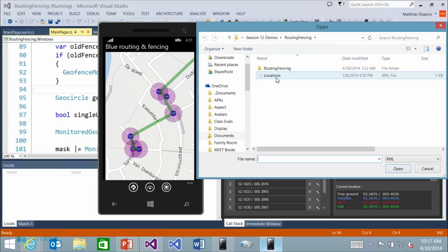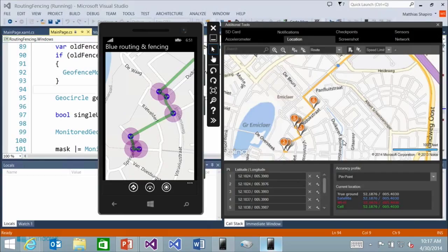We could set a route up inside of our emulator, save it out, and then replay it, using that route in a car at the speed limit, or walking or biking, or just doing it really fast because we have no patience.